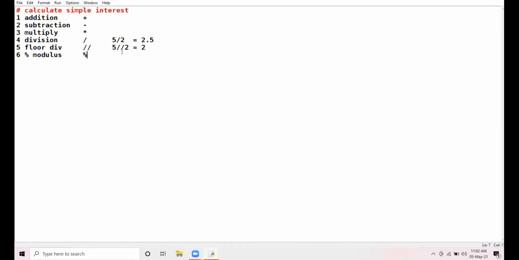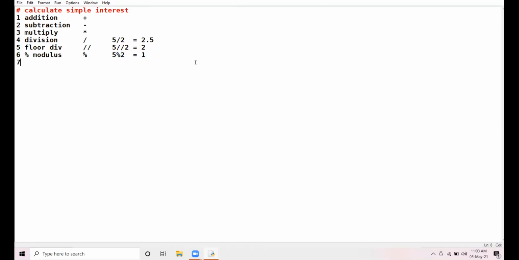It also performs division, but it gives the remainder as a result, not the quotient. When you use the modulus operator in your division, the remainder of the division will be the result of the expression. Am I clear with all the possible arithmetic operators?